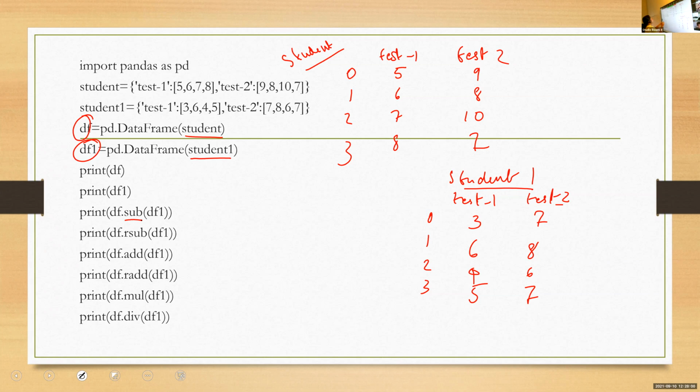So here the subtraction starts from the first data frame, dot sub, and within brackets write the second data frame. Here the meaning is df minus df1. So we are starting from df dot sub of df1, which means df minus df1. If I want to subtract df1 minus df,